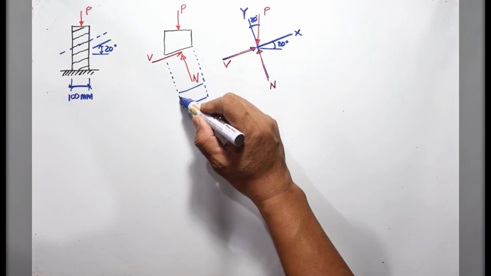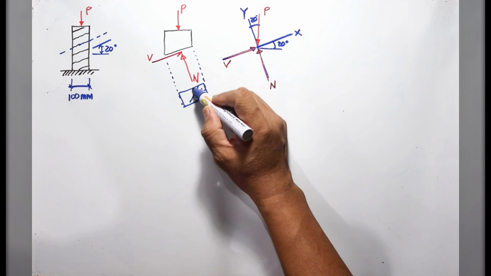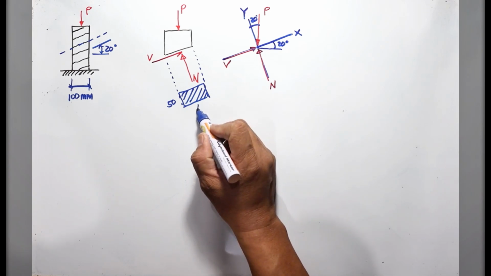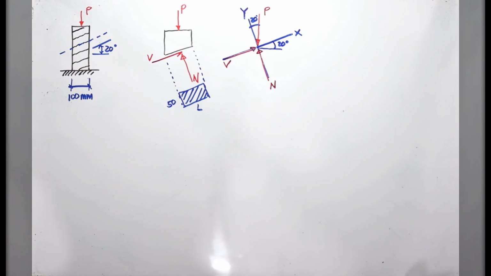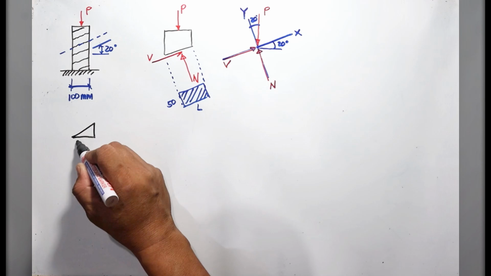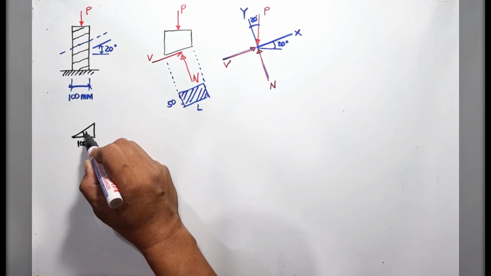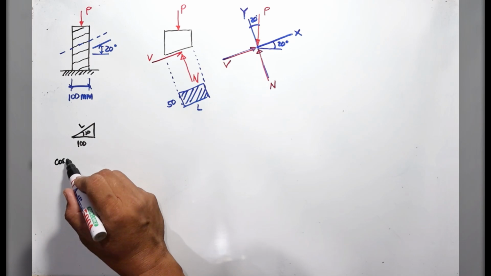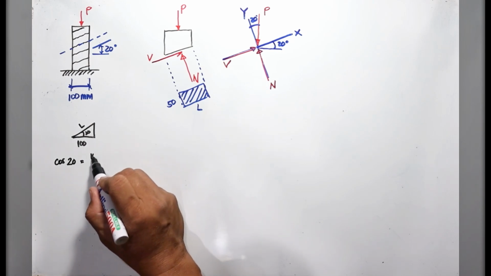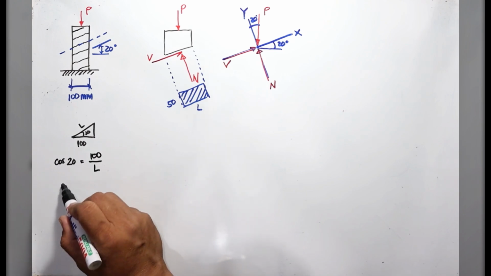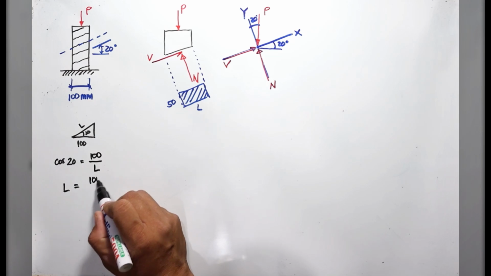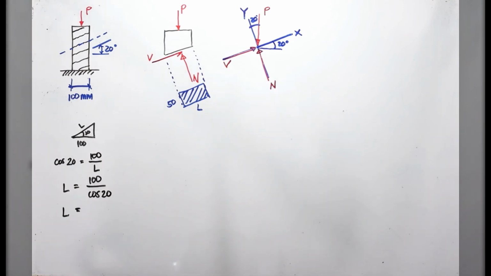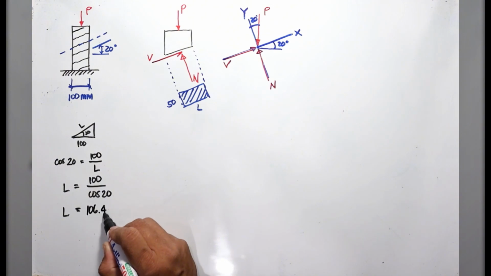So this is the projected area here. This is 50. This one, let's just call this L. And then from here, if this is 100, this is 20 degrees, this will be our L. And from cosine of 20, that's adjacent divided by the hypotenuse, that means L is 100 over cosine of 20, and that is 106.42